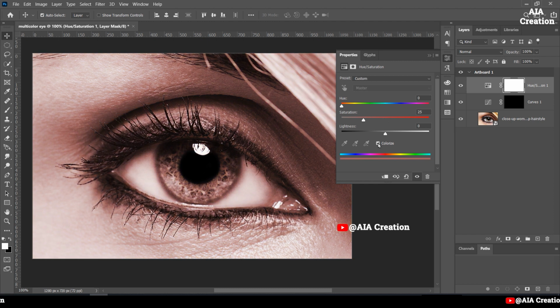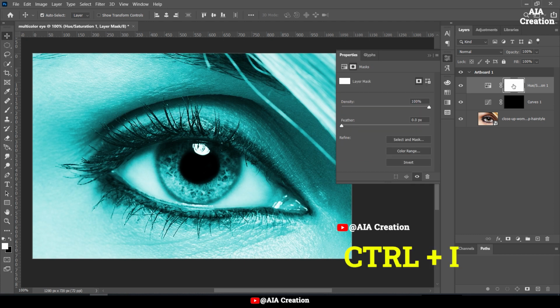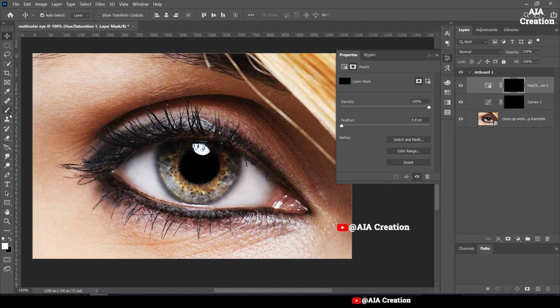Take the color eyes and change it just like this, and increase the hue and saturation, and then Control plus I. Use the brush tool and paint it over the eye. Make sure the foreground color is white,